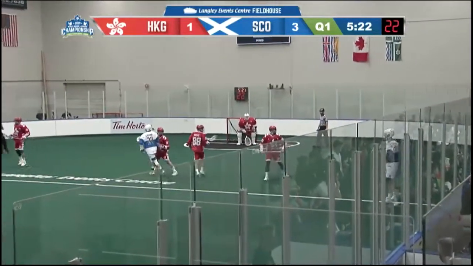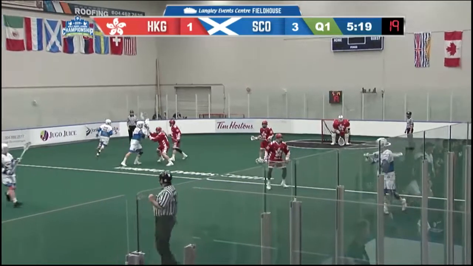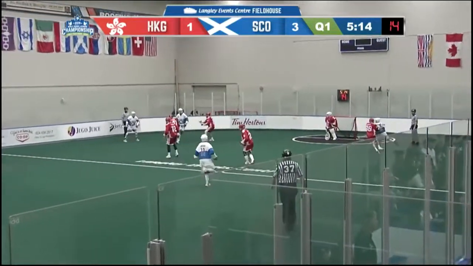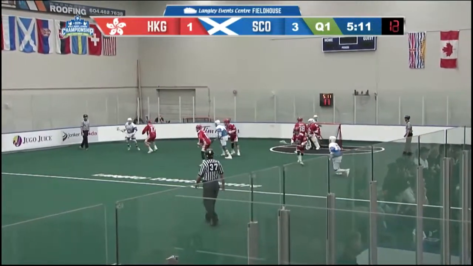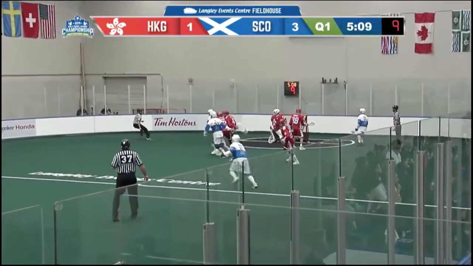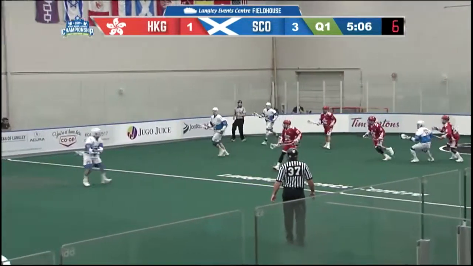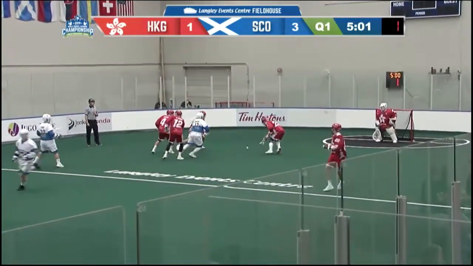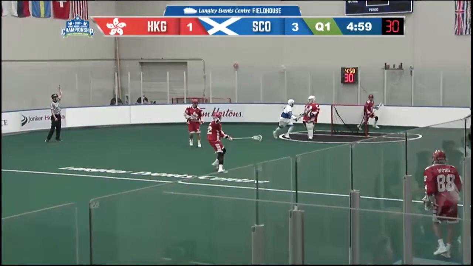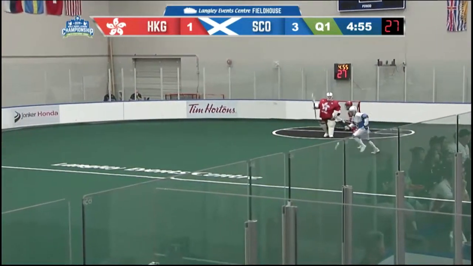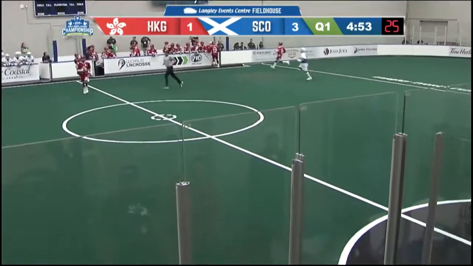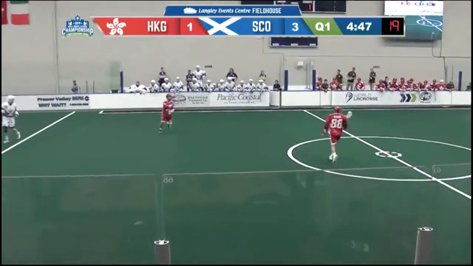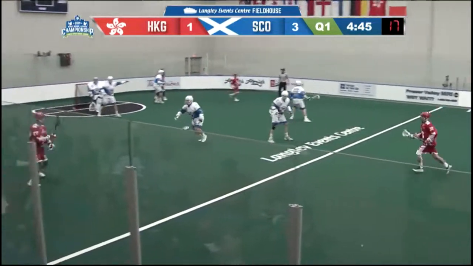Over center, Moffat takes the pass along the right boards. Moffat sending it across along the left side. Ian Vickers. Vickers sending it back, high center of the floor. There's a long range shot that went wide of the goal, bouncing around in front. Jackson's there for Scotland, 4 for Hong Kong, all battling for it. And Lee comes up with it and tosses it just about to center there along the left side for Jordan Shane Wong. Wong sending it into Scotland territory.